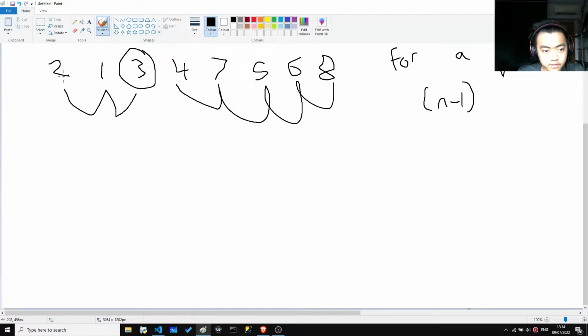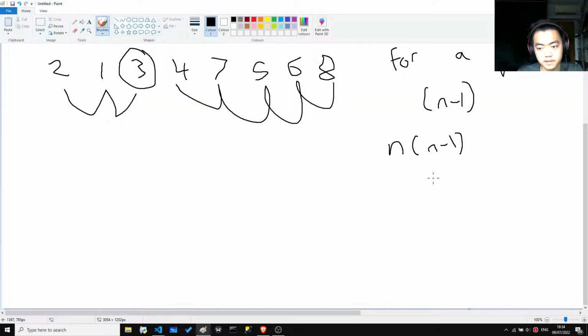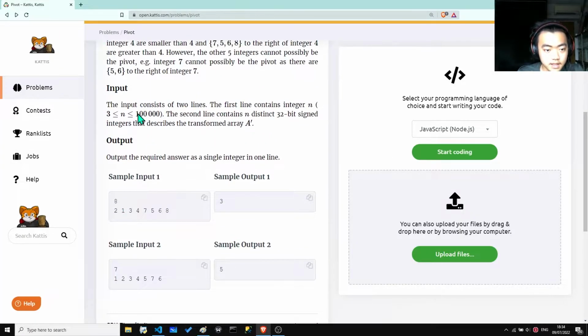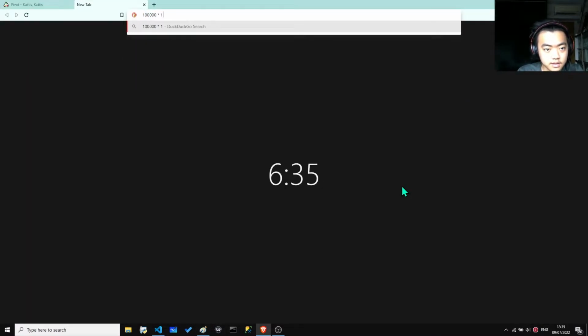And because you have 1, 2, 3, 4, 5, 6, 7, 8, total 8 positions or n positions, the time complexity would be n times n minus 1, which is the number of operations you're going to do. And because n can be up to 100,000, when you plug in 100,000 times 100,000,